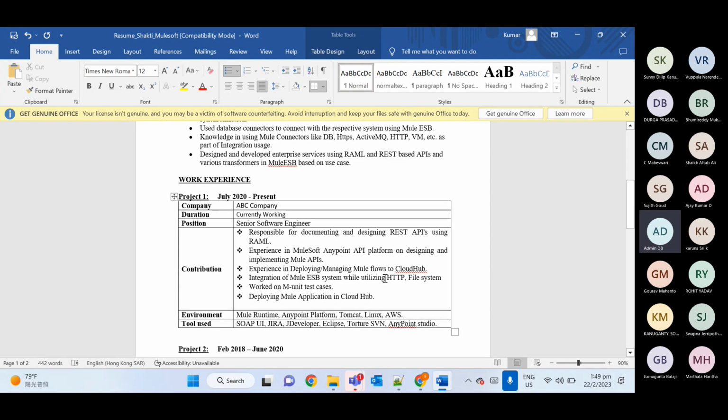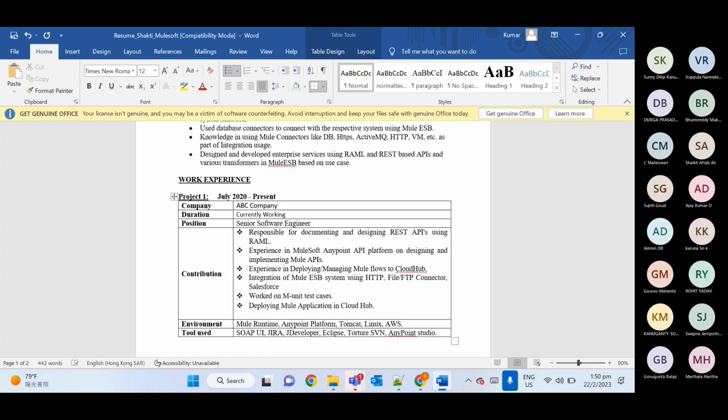Integration of Mule ESB system using HTTP, File, FTP, Salesforce connector, Object Store.